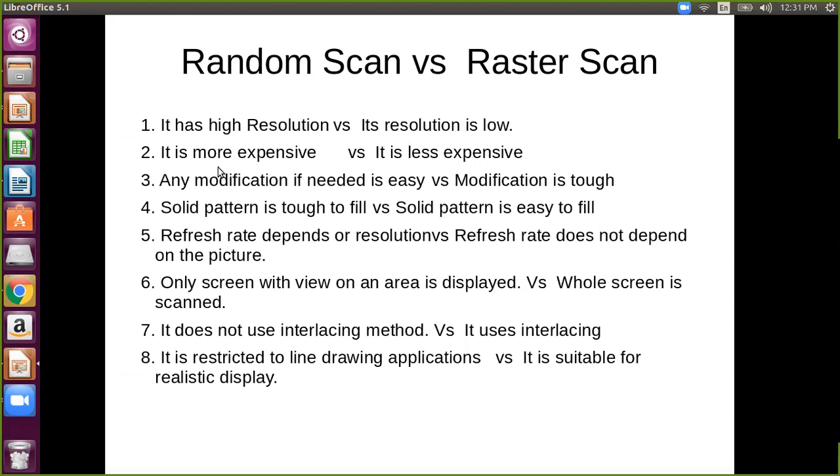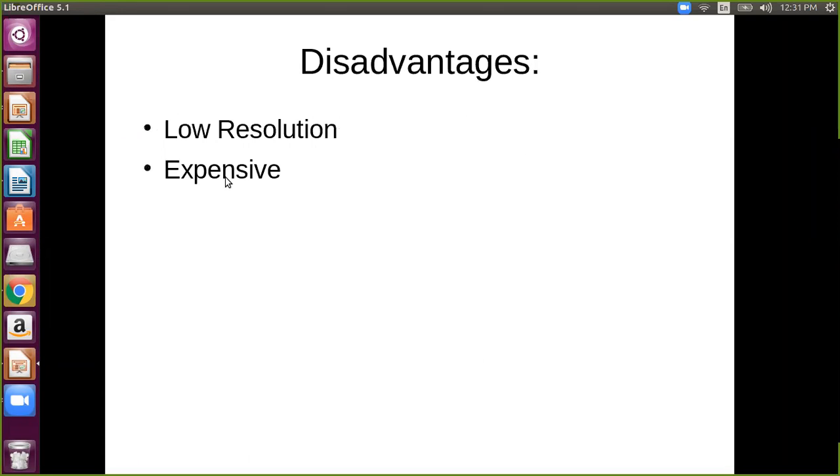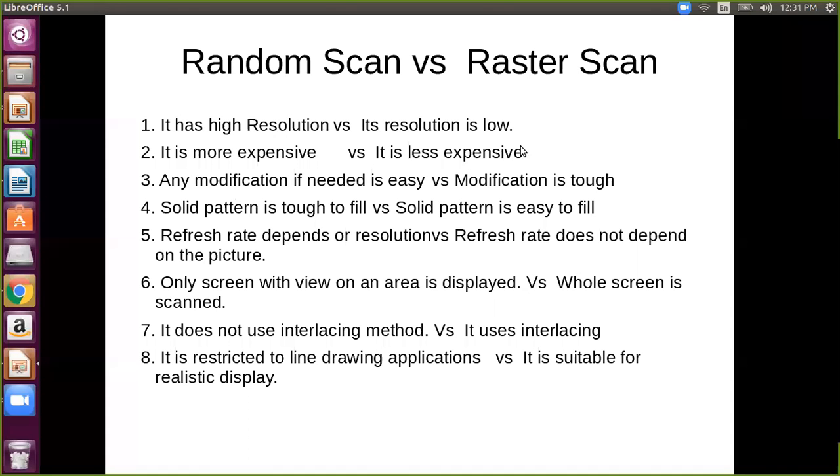Regarding cost, it is written here that a disadvantage is that it is expensive, but comparatively, if you are arranging the complete setup, it becomes less expensive than random scan. Don't confuse this, because I have written expensive here, but if the setup is done, the complete setup is less expensive.